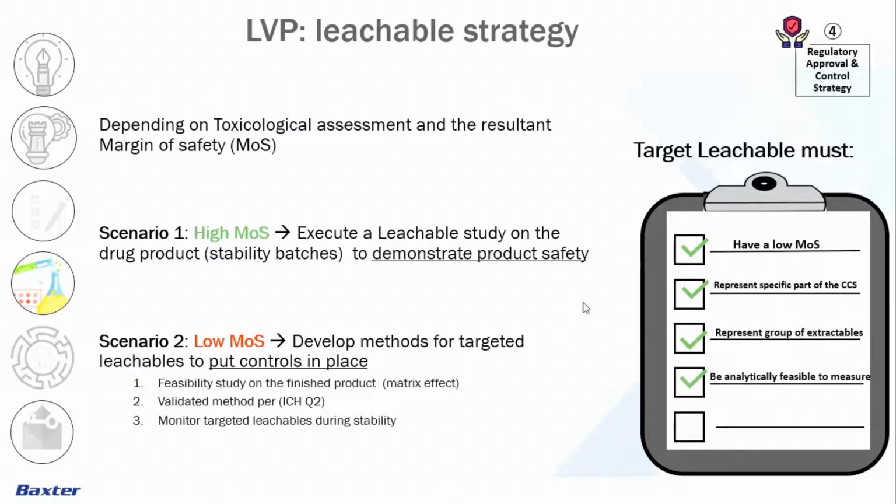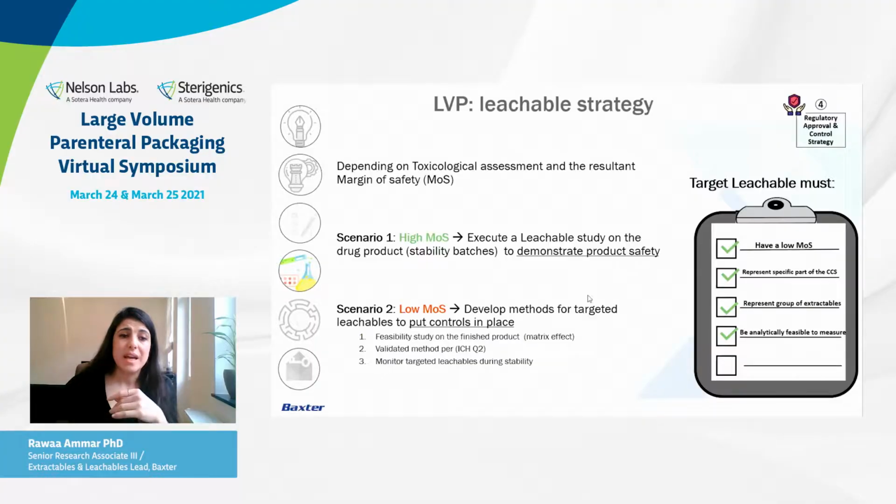For example, we can take Irganox 1010 to represent all the Irganox degradants, as for the antioxidants to that matter. And finally, it has to be feasible to measure, and we have confidence in detecting it every time during the stability batches. So by now, we have all the information to submit the file, get the regulatory approval,